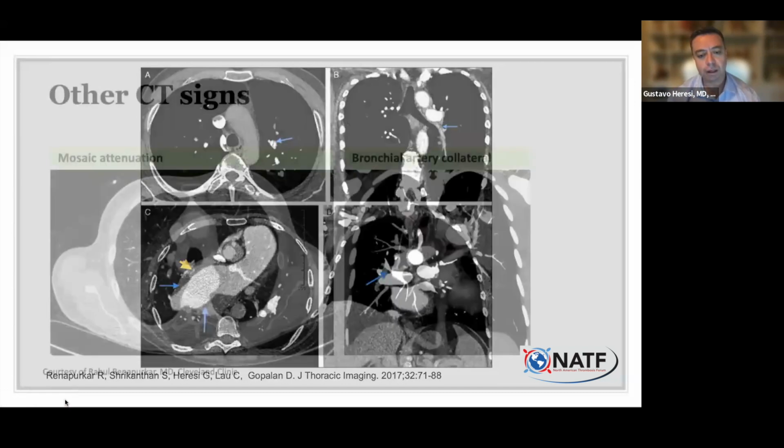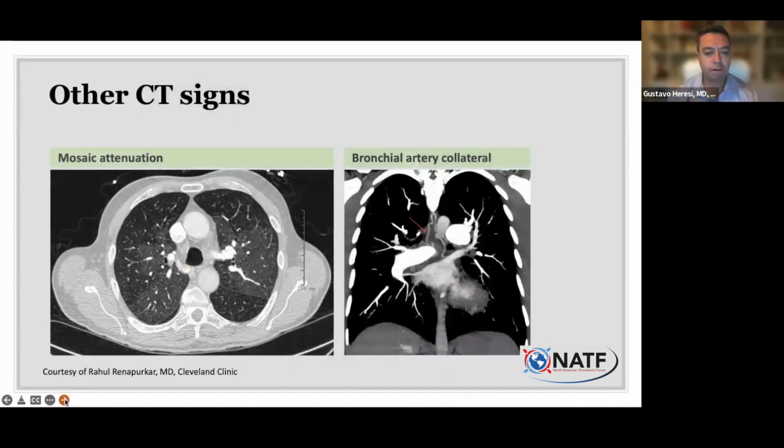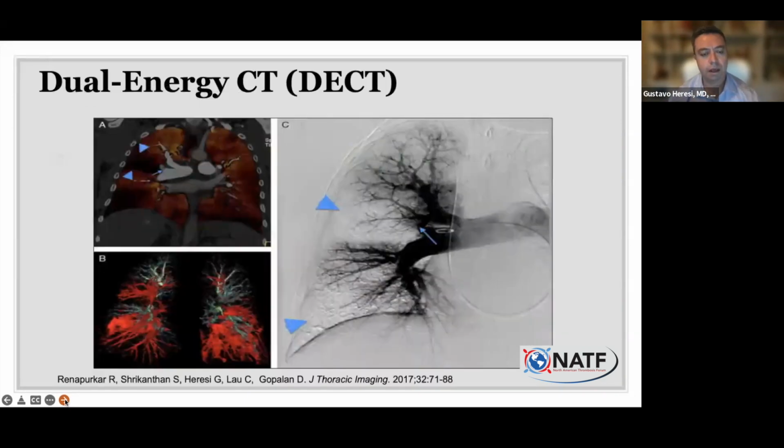The CAT scan provides a lot of other information to your doctors in terms of how the lungs look and other signs that are pretty suggestive of chronic clots as the reason for your shortness of breath. So the CAT scan and the perfusion scan are allowing us to make this diagnosis in a lot of cases, not all of them, but a lot of cases.